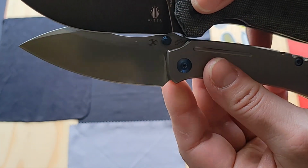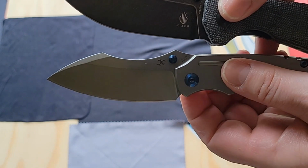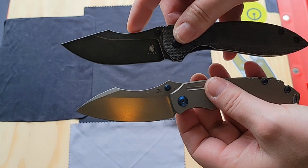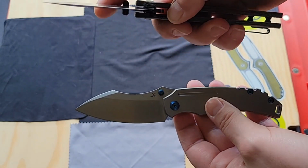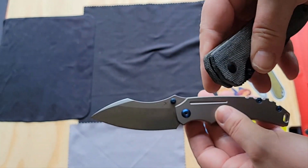I'm gonna have to say that when it comes to the plunge grind, Concept did it better. I love the look of Kaiser's blade. I think it's so pretty. It's just sexy. It's a really great knife. They do have this in titanium variation as well,